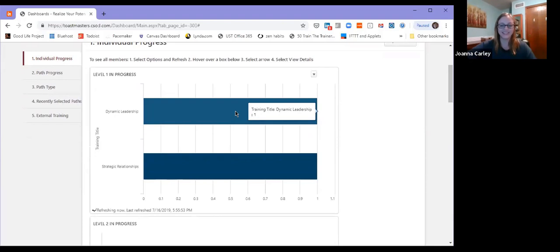It says that it's still refreshing, so I'm not sure that it will let me get into the details, but we'll try to do so. So in each of these, in level 1, level 2, etc., if you mouse over it, there will be a little caret here that you can click on, and you can see the details, or you can export them to Excel. If I view the details,